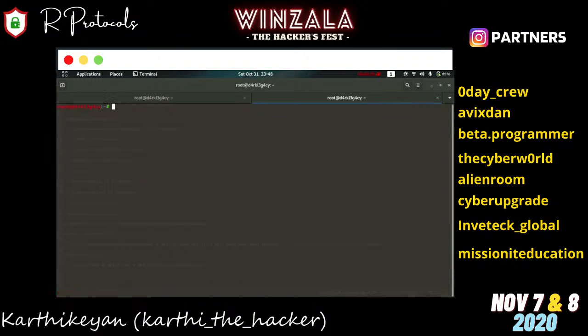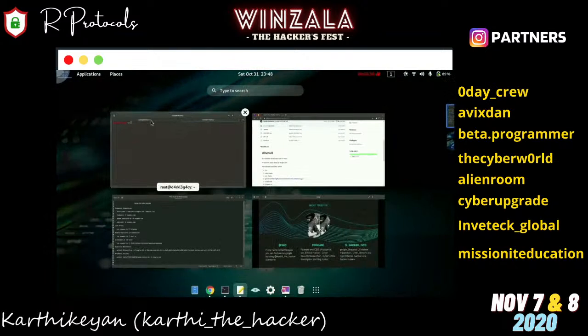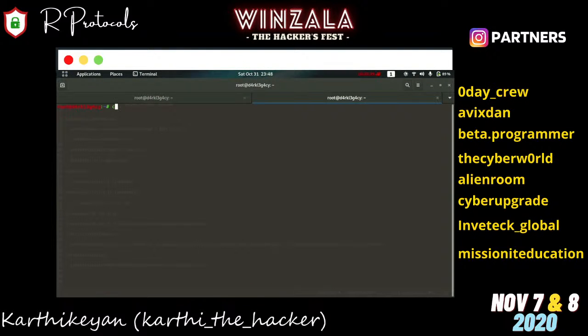Now let's get to the next tool, Sublist3r. This is also a subdomain enumeration tool, and it's also very helpful for us. Now let's copy this and move to the tools directory. Choose this Sublist3r and execute the command.